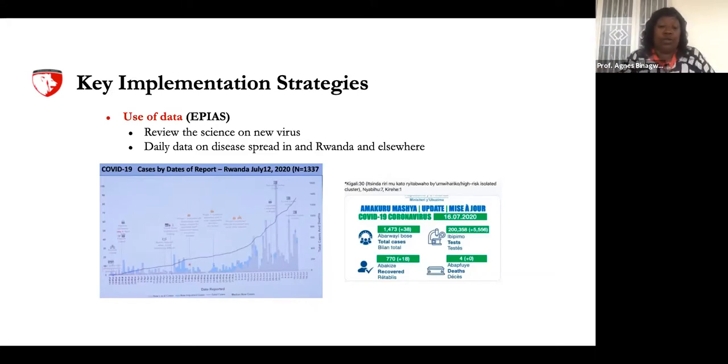You also have the day-to-day report the Minister of Health is doing through Twitter and other social media, for the people to know the total number of cases since the beginning, the number of new cases, the number of people who recovered, and the number of deaths. You can see that we have had 5 deaths and around 1,500 cases since the beginning. The population is informed on a day-to-day basis, and we know in which district people are infected. And people understand why Rusizi has been locked down longer than the rest of the country,